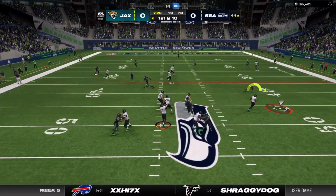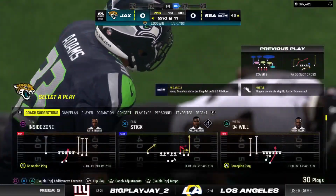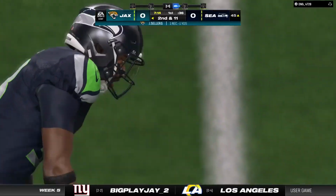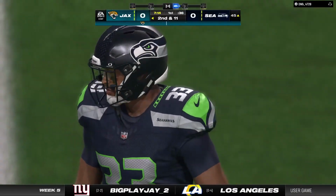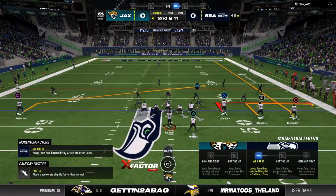Off play action. Godwin. Out to the flat. That's complete to his running back. And he is going to lose yardage here. He was unable to shake free there, and they'll cover him for a loss of a yard at the 45-yard